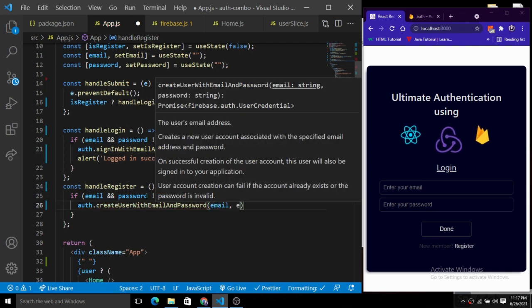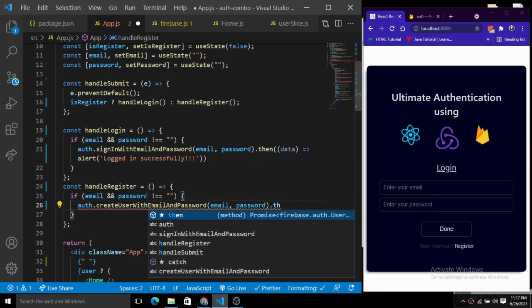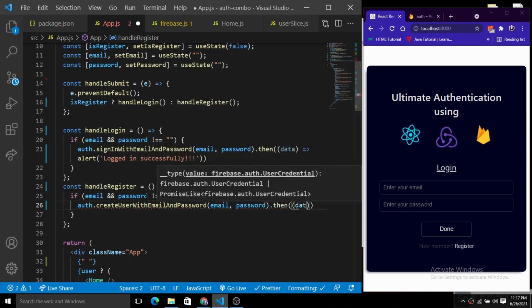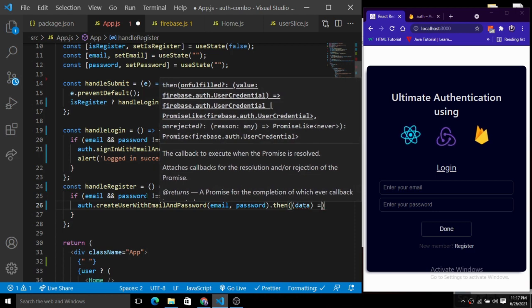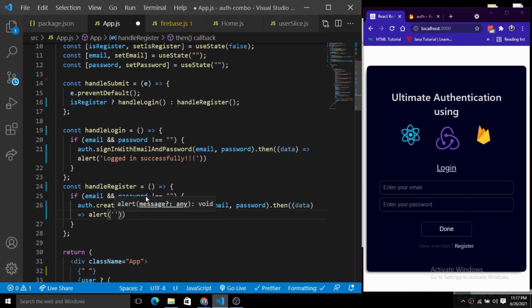Then we have a then callback with data, and we simply alert the user that the user is registered successfully. So this is how we handle both of these things.